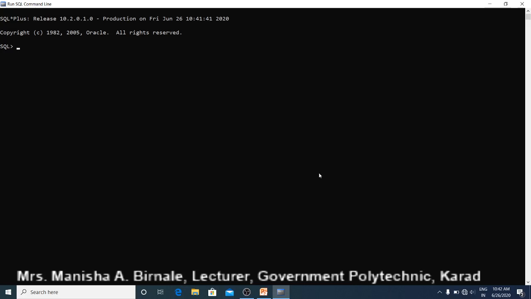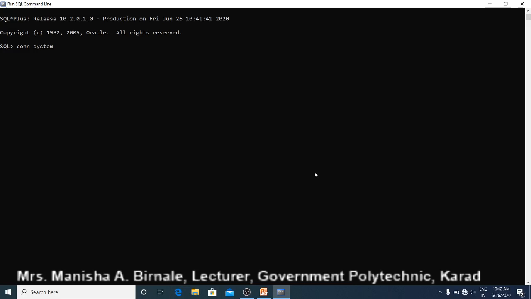Now first you have to connect to the database, and for that the command is con, and in front of it you have to write the username. The database administrator user is system. When you install your software, this system user is automatically created.